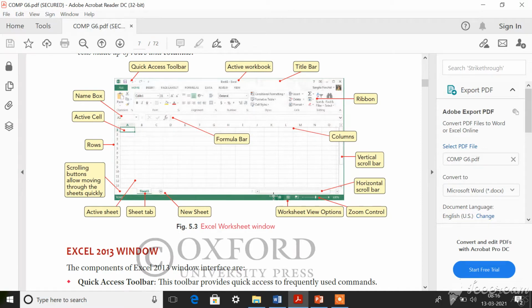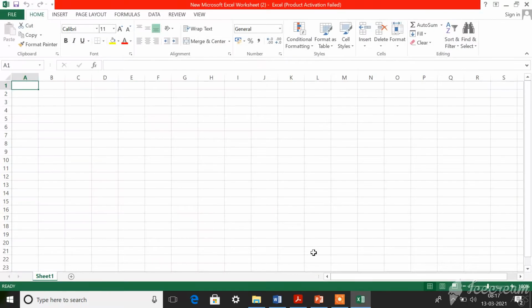It is one among the Microsoft Office package. Similar to your Word document, you can open this Microsoft Excel worksheet as well. You need to go to start, click on all programs, then click on the Microsoft Office package, then click Microsoft Excel 2013.